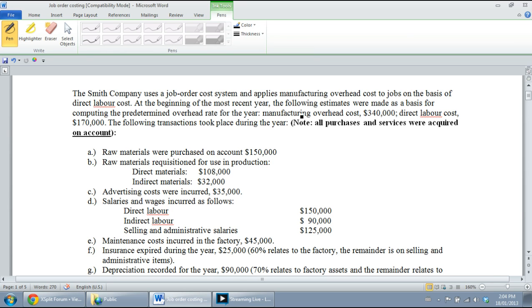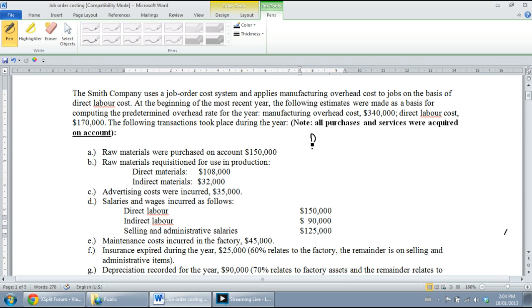Just getting my inking tool ready. So the problem says, the Smith Company uses a job order cost system and applies manufacturing overhead cost to jobs on the basis of direct labor cost. Now, already there's an important bit of information. I'm already thinking about this concept called the predetermined